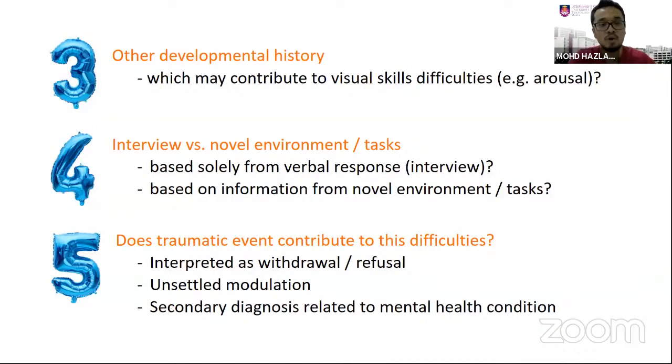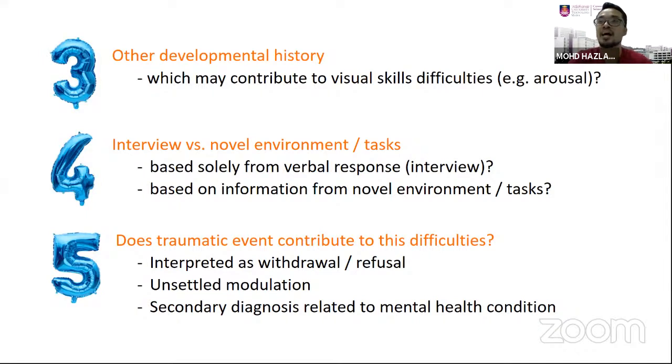Number 5, does a traumatic event contribute to these difficulties? Can you imagine that nowadays children are sent to kindergarten or preschool, starting from the age of 3 or 4 years old, to learn all the academics, to know the alphabet, the numbers and everything. So starting from there, if they have visual perception difficulties, and at the same time are diagnosed with specific learning difficulties, they will have a very struggling environment to learn all that academic content.